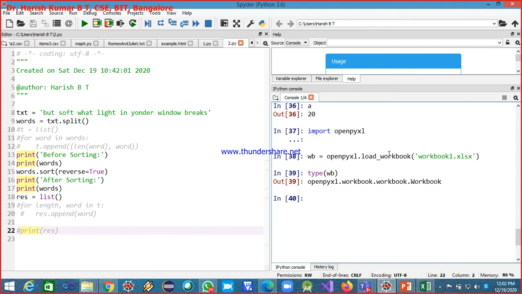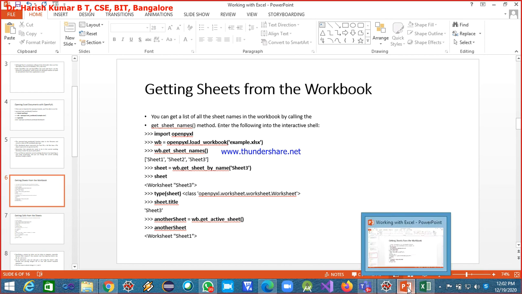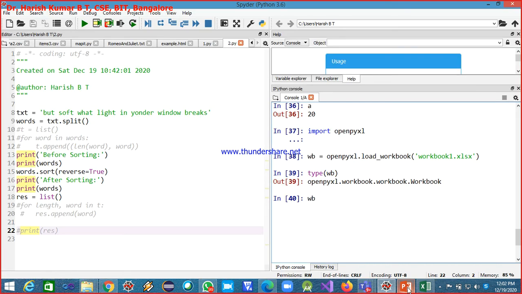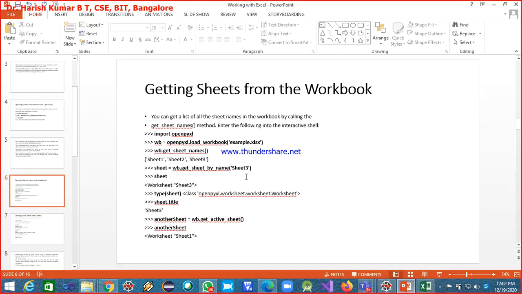I've already created the object for the workbook, and it is wb. So now I have to invoke get_sheet_names on the workbook object. wb.get_sheet_names. Oh, one second.